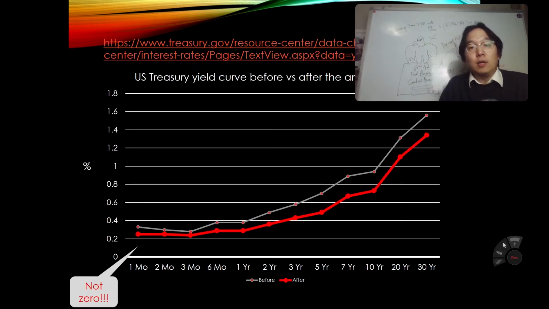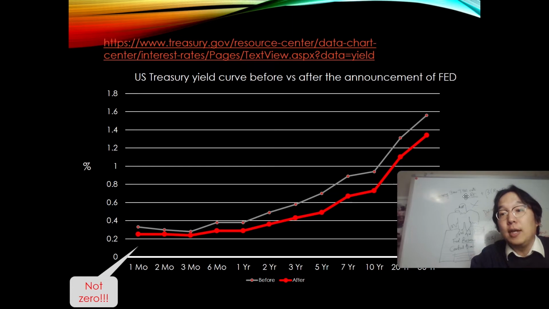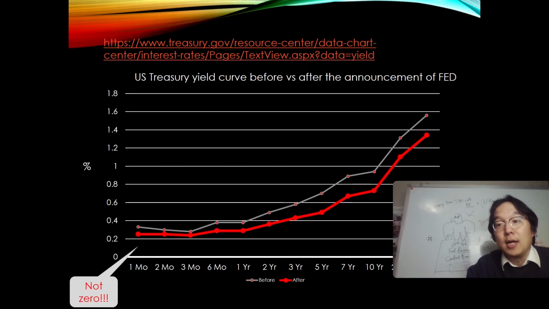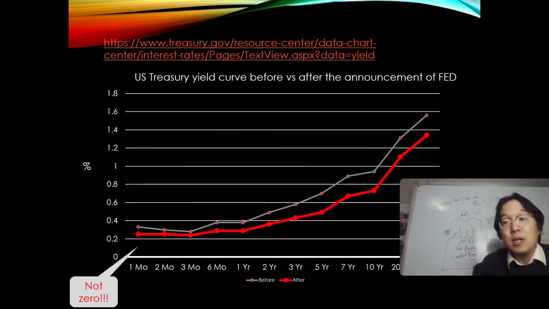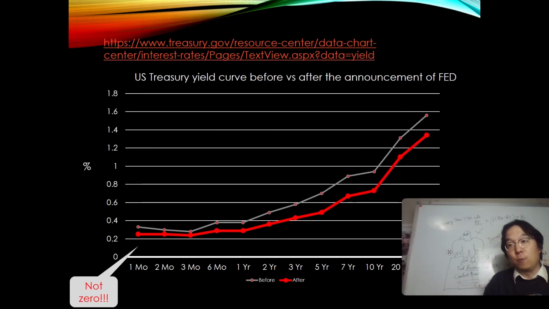And then here what you see is the U.S. Treasury yield curve. Some of you who have taken investments or intermediate investments must be familiar with this one. Yield curve. What is that? Well, this is about U.S. Treasury or any government's Treasury bond interest rate. Basically it's the yield to maturity of those securities with specified maturity. What you see on the vertical axis is the expected return, or yield to maturity.